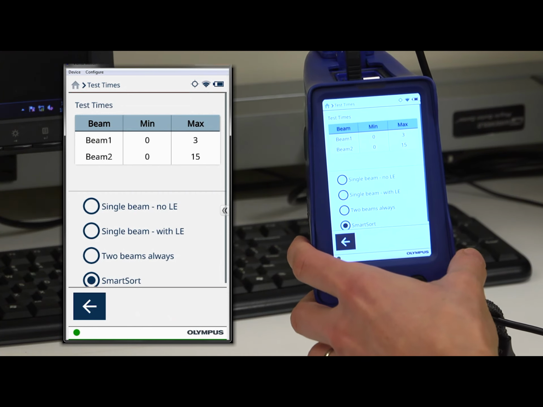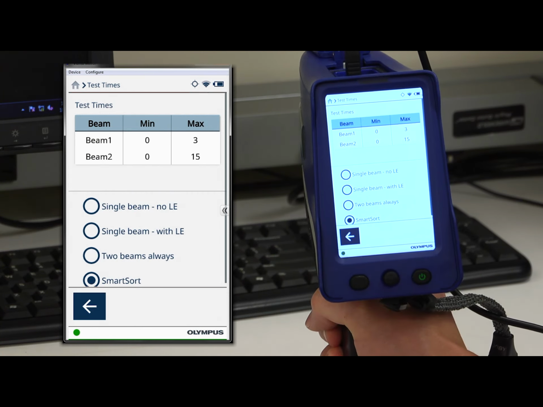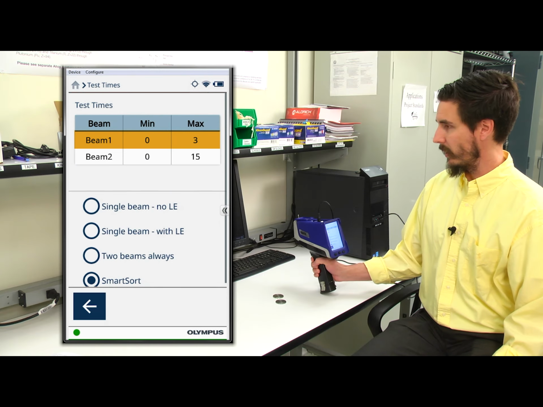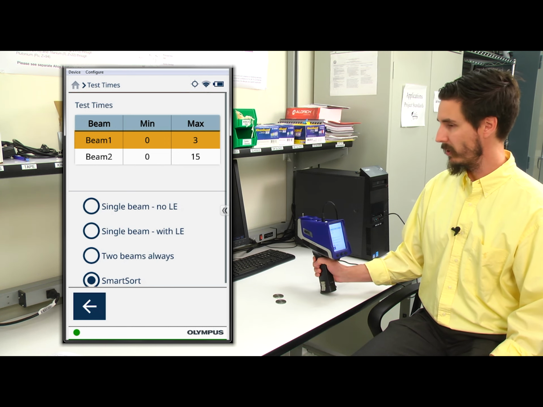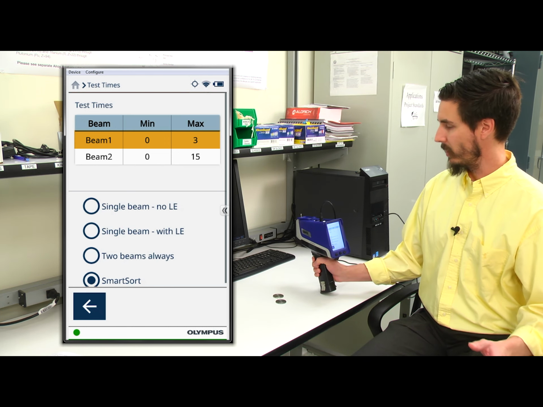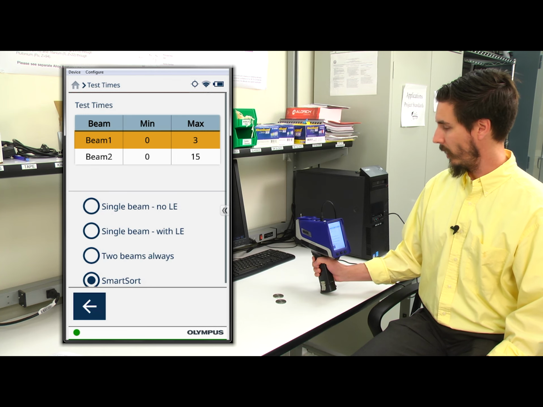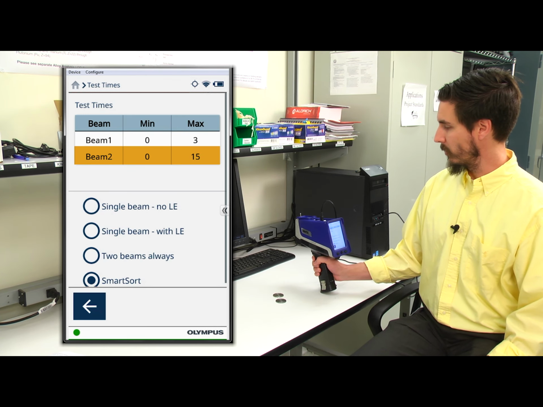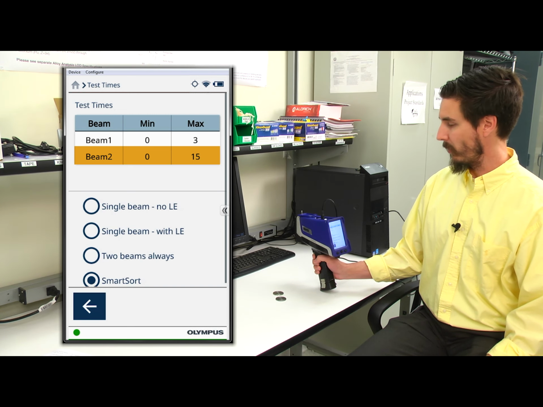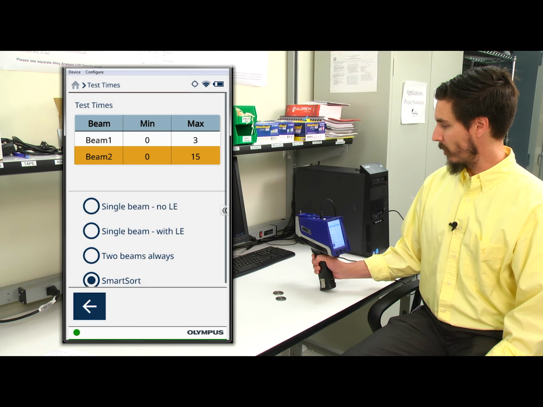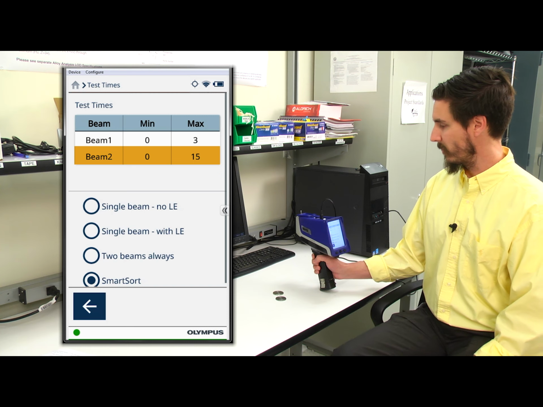So you can see a wide variety of information here. Beam 1 indicates the operation of the first beam that quantifies elements heavier than titanium. So on the periodic table from titanium and up, that's what beam 1 accomplishes. Beam 2, for an alloy application, provides information from elements starting with magnesium through sulfur. So, that said, what I need to do now is select test times for each beam.